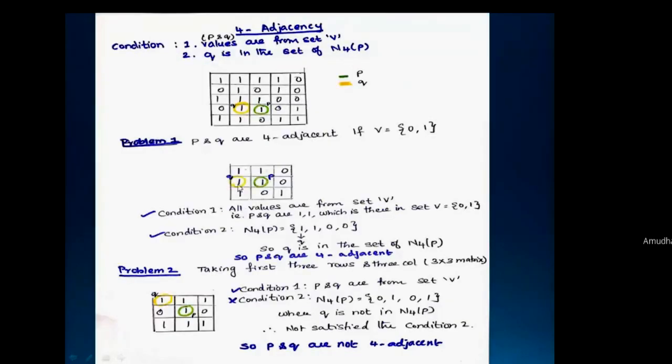So I'm giving an example to make you understand what is 4 adjacency. Here, first I've taken an image, and it is a 5 by 5 matrix. I've given this in blue color, green color, and yellow color. Can you see the blue and yellow? It is visible from your screen. Yes, ma'am. So green is P and Q is yellow.